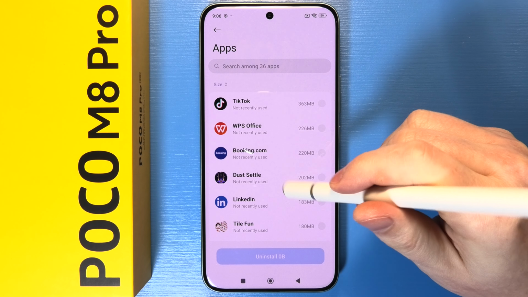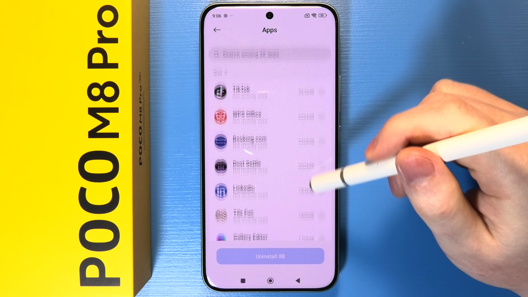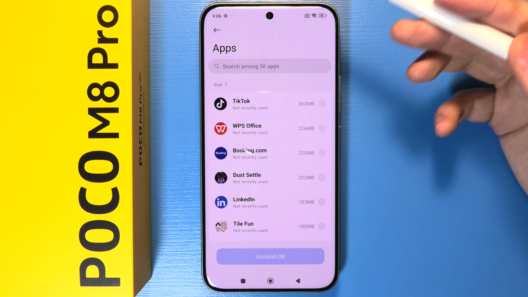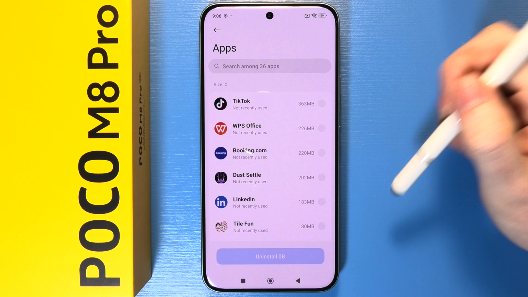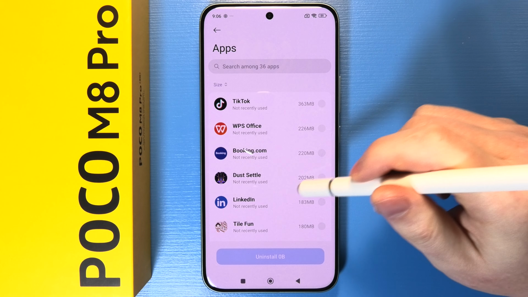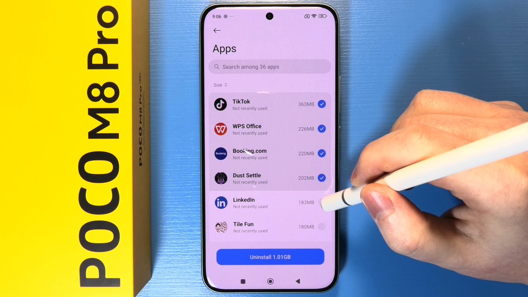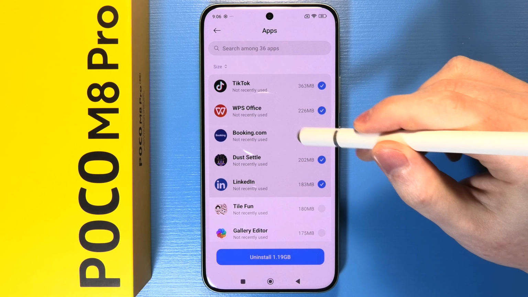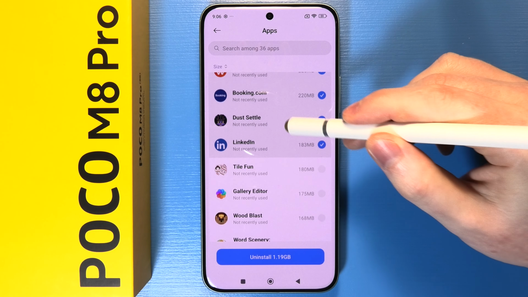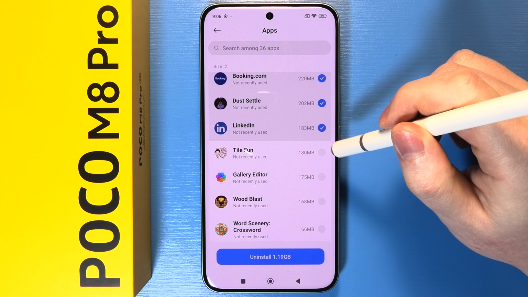That way you will see all of the apps that you can uninstall, and my device is like 15 minutes after setup, and those are all of the apps from bloatware. So select whichever apps you want to actually remove, and this will be the TikTok, WPS, Booking, Dust, Settle, LinkedIn,